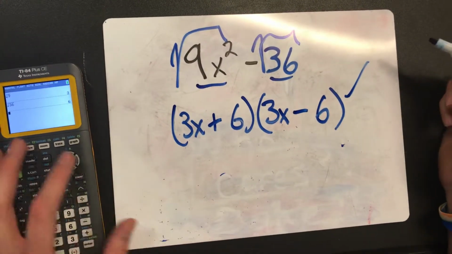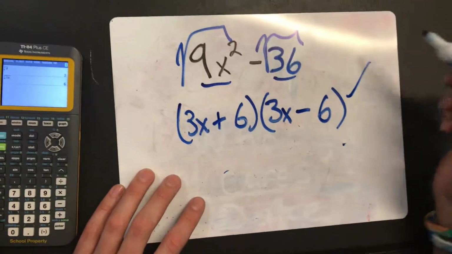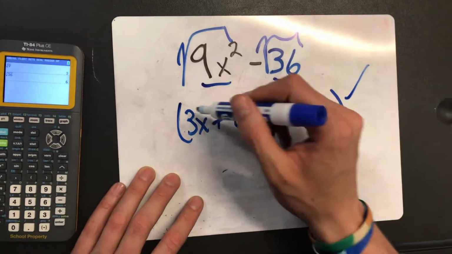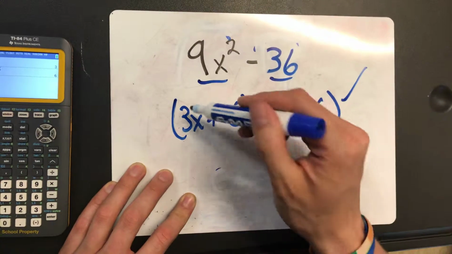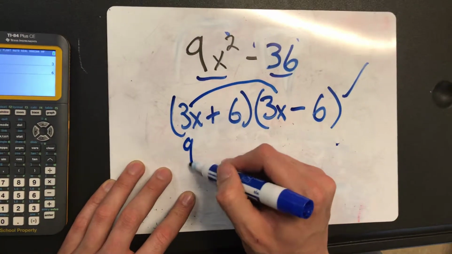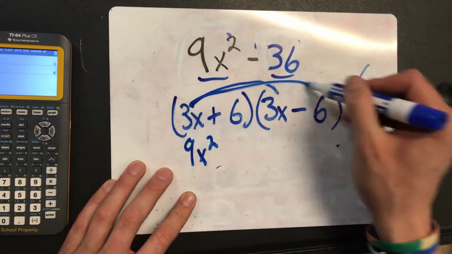Real quick, just because we have time, I'm going to check our answer here by distributing. So I multiply 3x and 3x, which gives me 9x squared. I multiply 3x